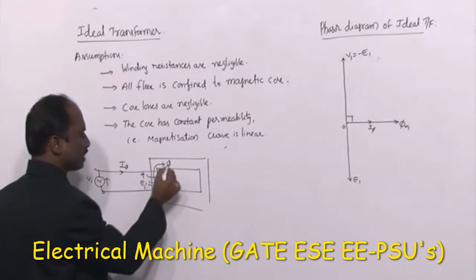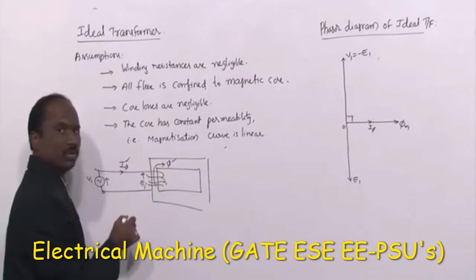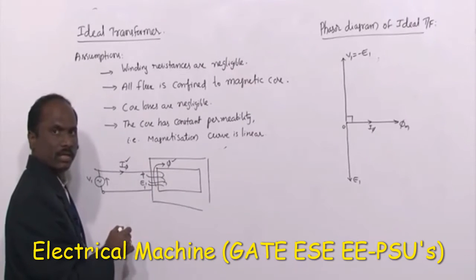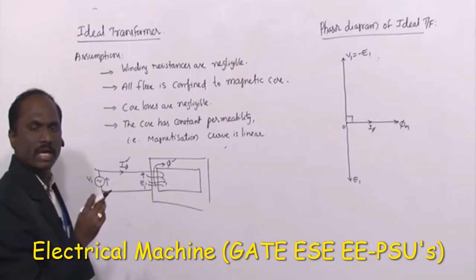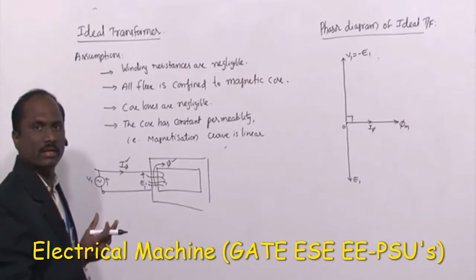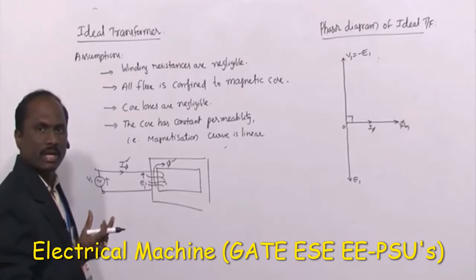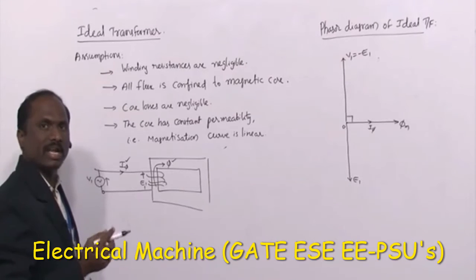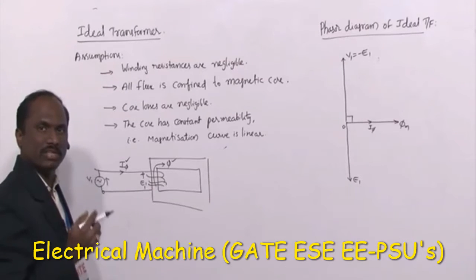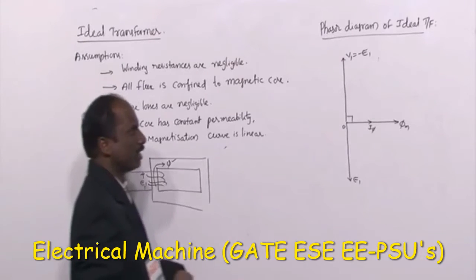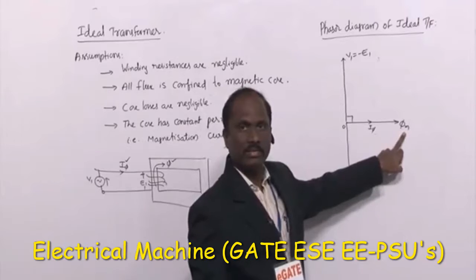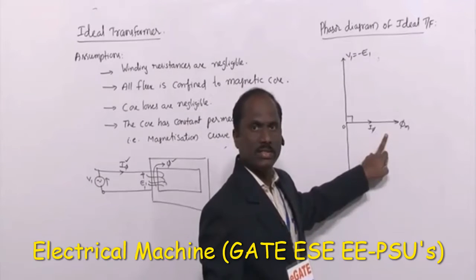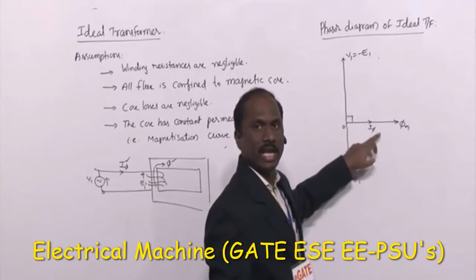So first we are taking flux as the reference. Flux and current are both in phase. This is similar to a sinusoidal voltage fed to an inductor. What is the current drawn by that inductor? The current always lags by 90 degrees. Because of this current, we are able to develop the flux. How is the flux with reference to the voltage? The flux also lags by 90 degrees. So that's why we are taking phi m as a reference, and I phi is in phase with this. The voltage is leading, the flux is lagging.